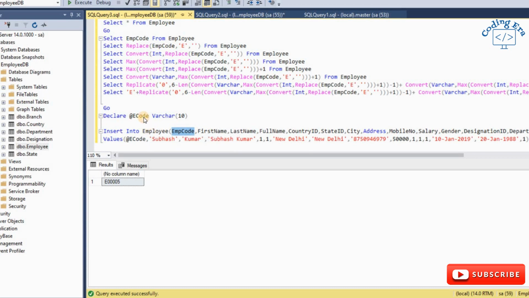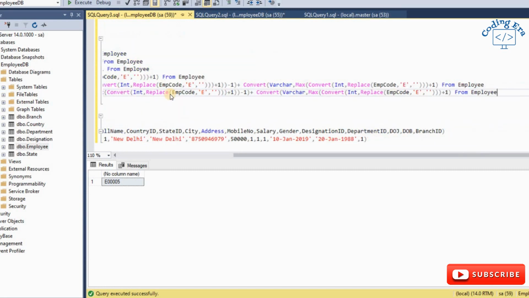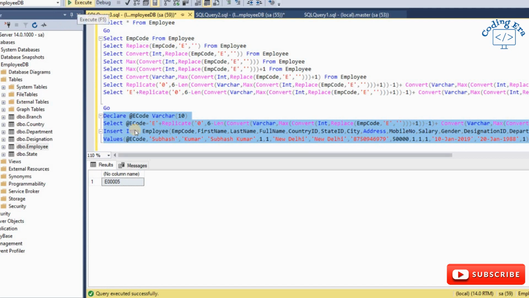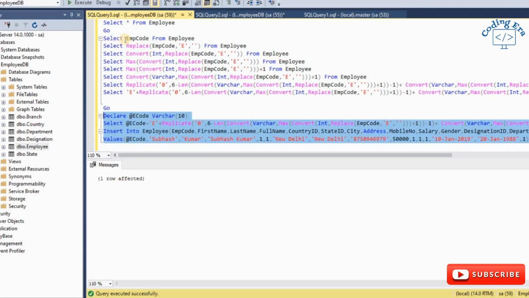So let's set the value of E code. Now insert the value into employee. When I insert, yes, one row affected.